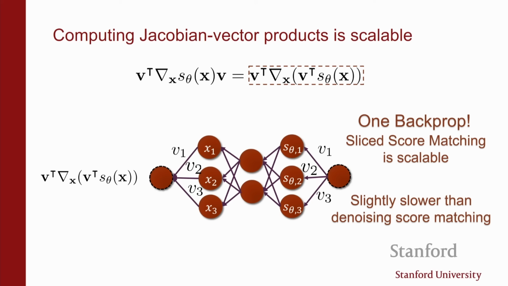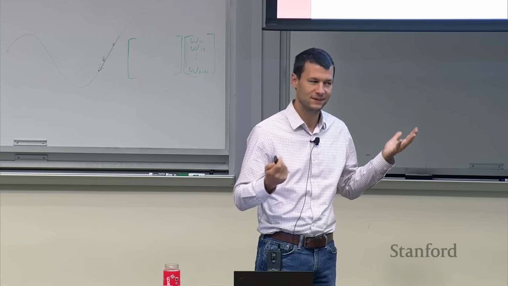Yeah. Does it ever make sense to bias the projections that you sample towards certain directions? Yeah, it seems intuitive. We tried it for a long time and never saw any difference in practice. I don't have anything conclusive to say. It seems like a good idea, but never worked.